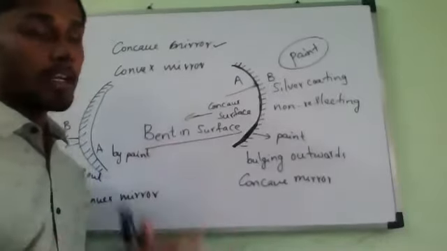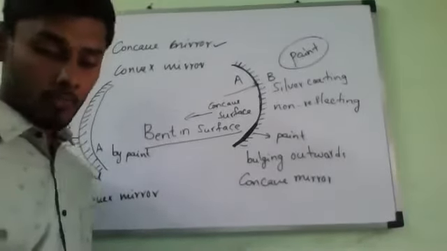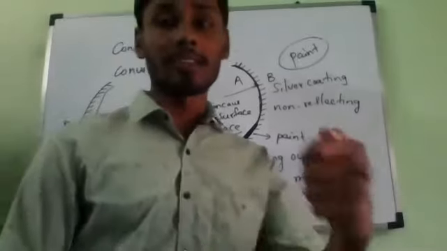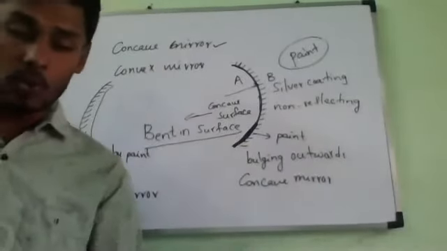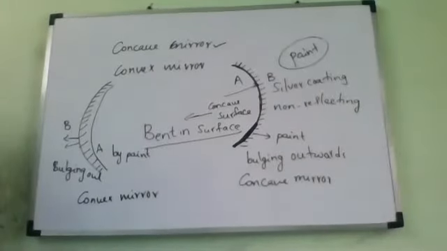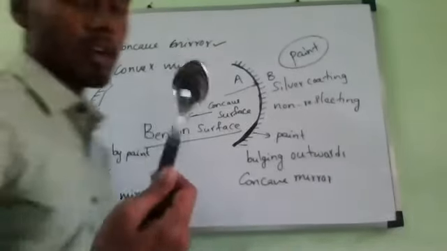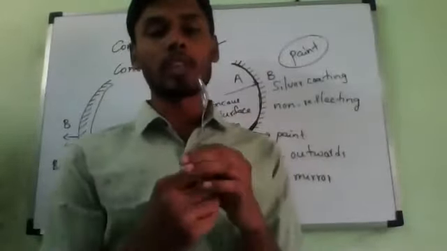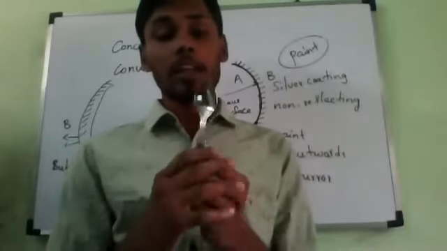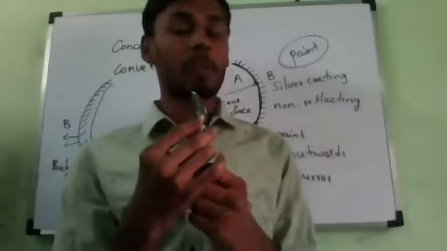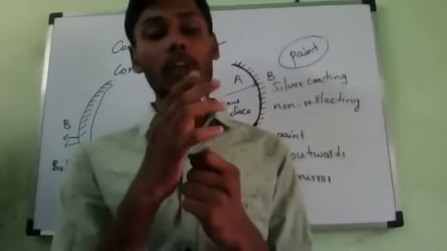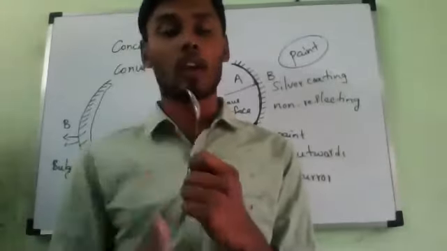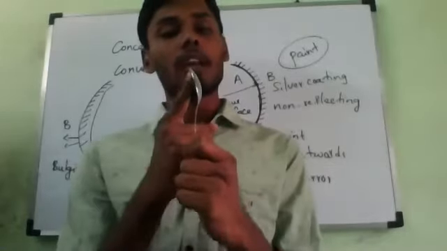Before entering into that, we should know one thing. We all use a stainless shining steel spoon. Do you have a spoon, everybody? Yes, sir. If you take a spoon, this is called a shining steel spoon. If you observe from the side view, we can see the full mirror like this. But while drawing ray diagrams, we will draw only one side, from the side view. Now if you observe here, what is this called?